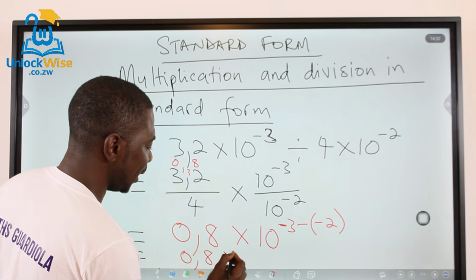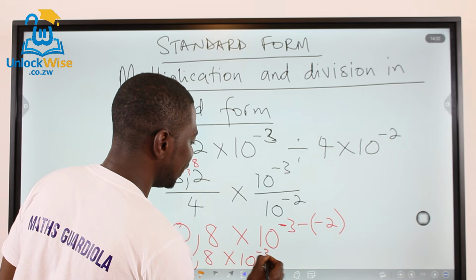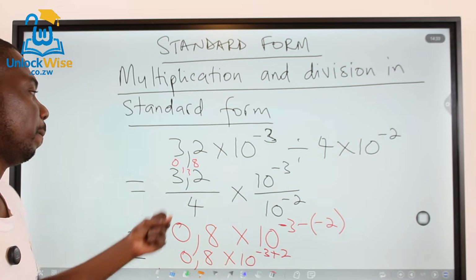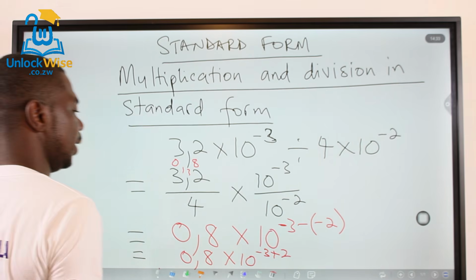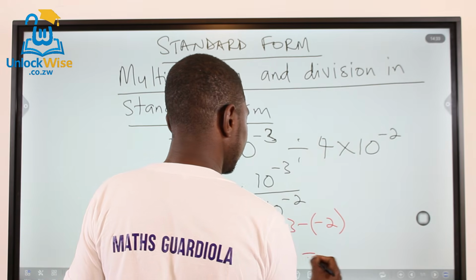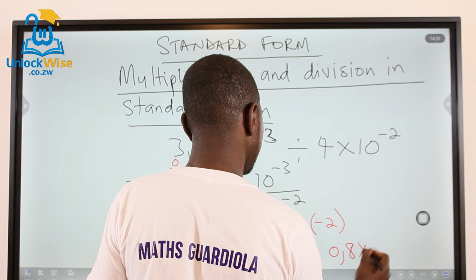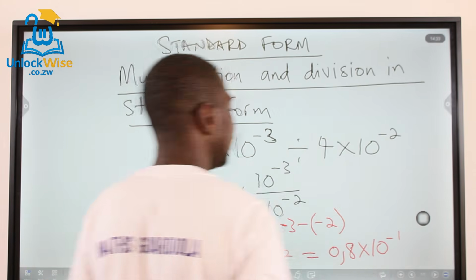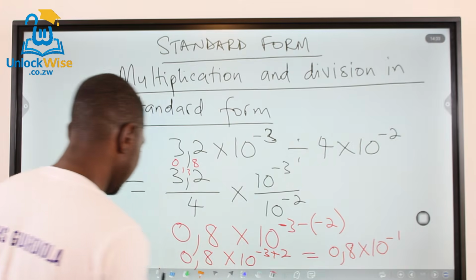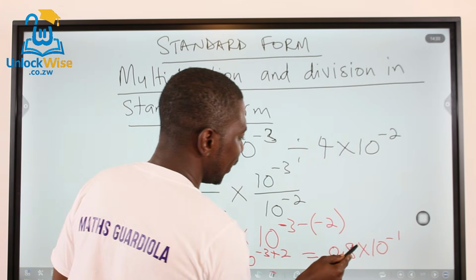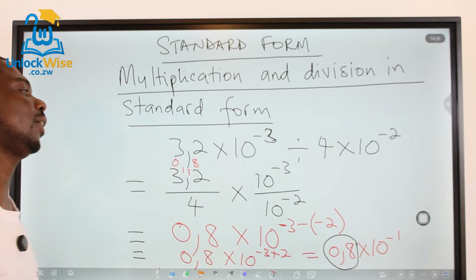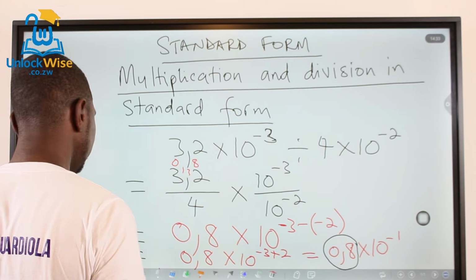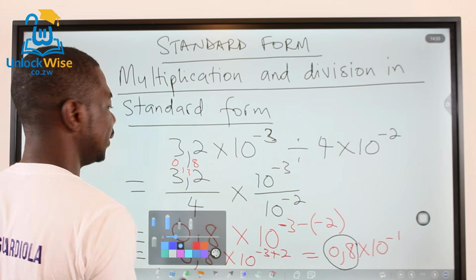0,8 times 10 to the power minus 3 plus 2, because we have minus and minus, which will give us plus. So here we have 0.8 times 10 to the power minus 3 plus 2 will get minus 1. But our 0.8 here is less than 1 and less than 10. So what are we going to do? We are going to express this in standard form, and this will give us